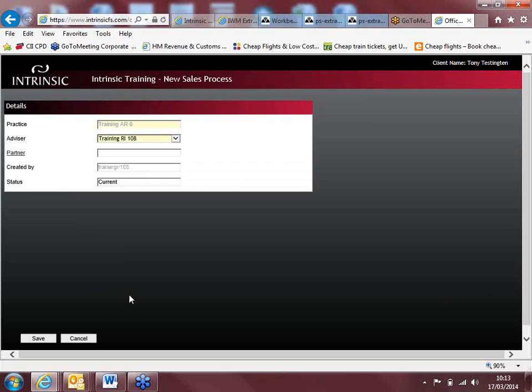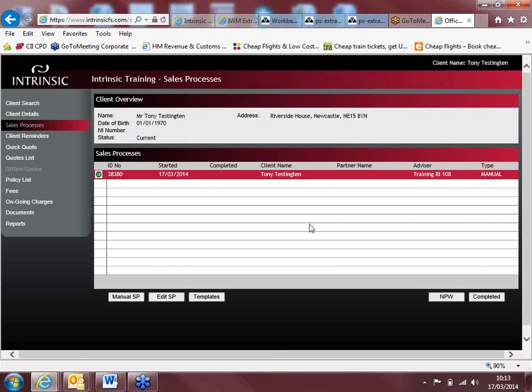Okay, so moving on from here, we would just click on manual sales process, and the details are all correct, and we would just save that. And this then sets up our client, which is Tony Testington, into the system. And what you would do here, just in terms of a fund switch, so you would first of all update your suitability letter. With regards to, it would be basically a shortened suitability letter,